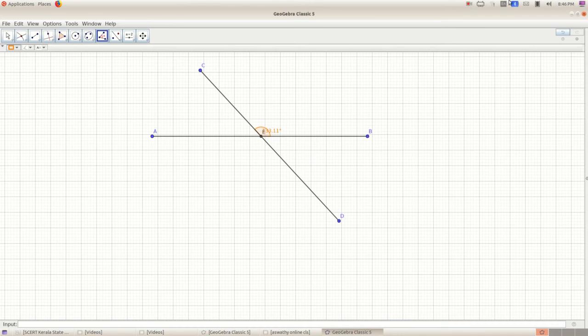Next, find the angle CEA. Just click on the points C, E and A. Then we will get the angle for this. And the same way we can find all the angles here. And also here we can see the angles are not visible. So use the move tool and adjust the text. Now we can see these angles easily.